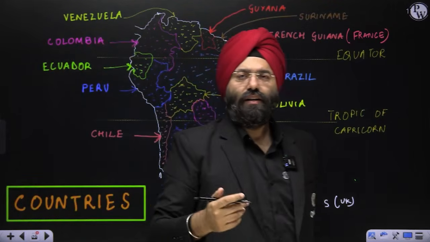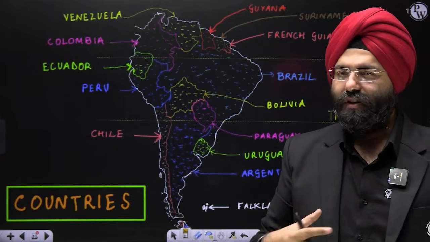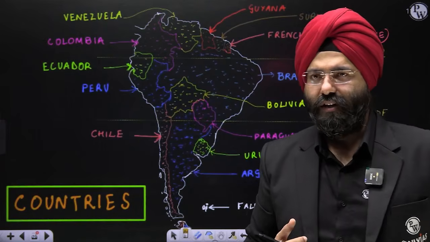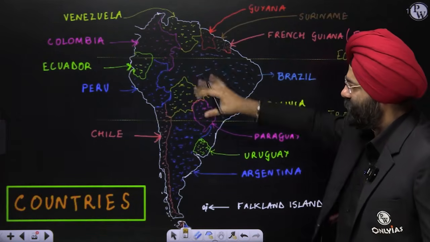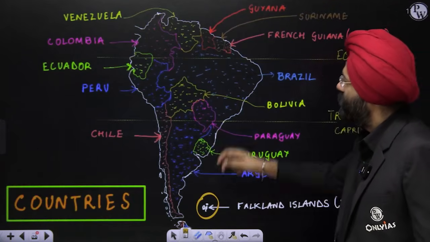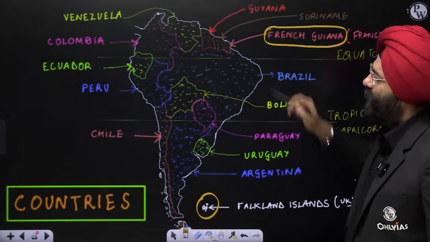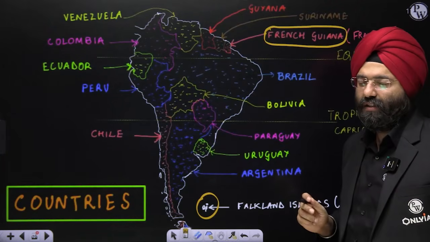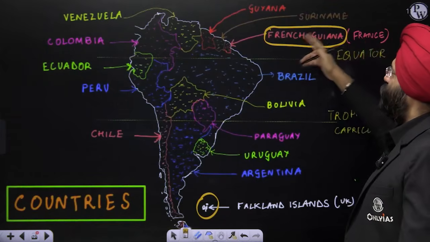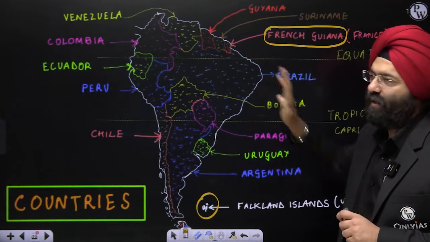Now, please remember, all these countries which you have read are very famous. Most of them are famous with respect to their football teams. Football is really very famous in South America, right? So these are the countries that are present. Now, Falkland Islands and French Guiana, again repeating, are dependent countries. That means they do not have an independent existence over here. French Guiana is dependent on France, Falkland Islands on the UK. That is the basic thing you should be well aware of, right?